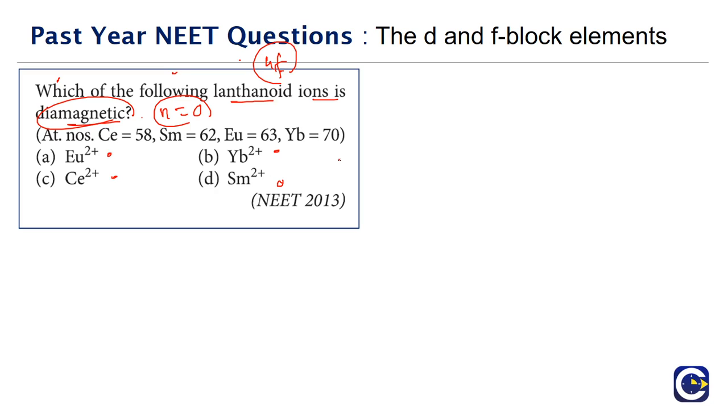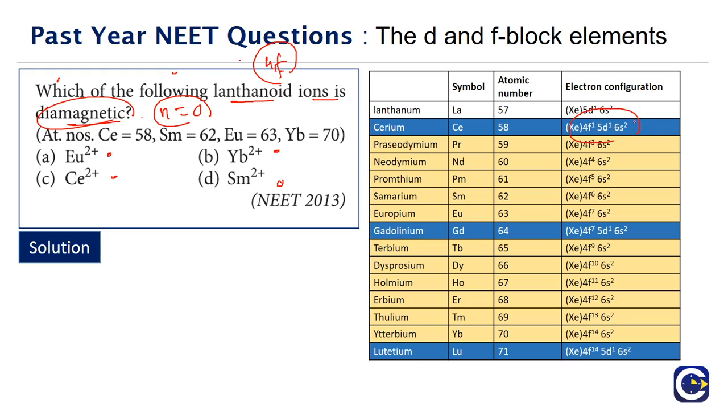Now if you look at these lanthanoids, starting from cerium, because cerium is the first lanthanoid element, the electronic arrangement will be 4f1, 5d1, 6s2. From then onwards, we will keep adding one electron into the f subshell. So for the next element, praseodymium, we have to add one electron. But the 5d electron will be shifted to 4f in most of the elements because of stability. Only in cerium, gadolinium and lutetium will you still have the 5d electron. Otherwise the 5d electron will be given to the 4f level.